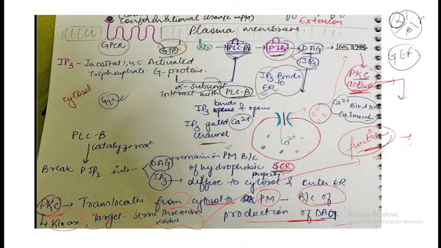So you can see PLC beta, it would be catalyzing the reaction for what? For breaking down the PIP2 into what? Into DAG and IP3. So this is PLC beta. It would catalyze the reaction for breaking down the PIP2 into the DAG and the IP3. Okay, DAG would remain in the cytoplasm, in the plasma membrane itself. It would remain attached to the plasma membrane, and the IP3, it would diffuse out of,